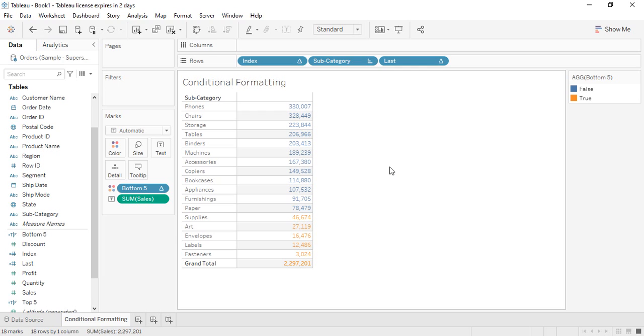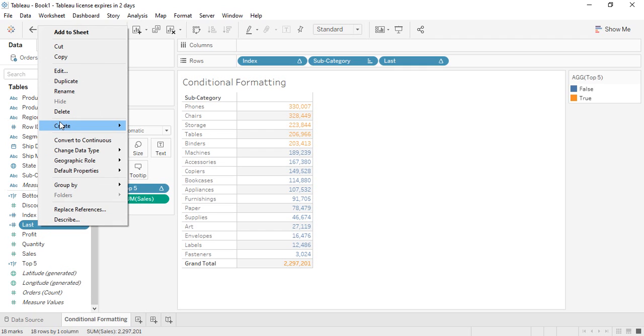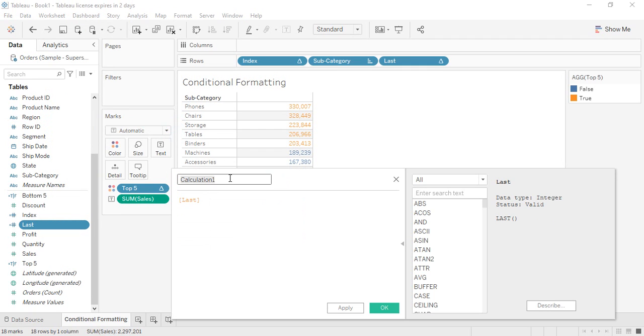Or in the same table they are going to be highlighted, because right now, either we can just drag this bottom 5 into the colors option so that it's visible, or we can drag this top 5 filter into the color section, so that would be visible. We are not able to work with both of them simultaneously. So what we need to do is create a new calculated field. Just right click over here, go to create a calculated field, and let's rename it as top or bottom 5.